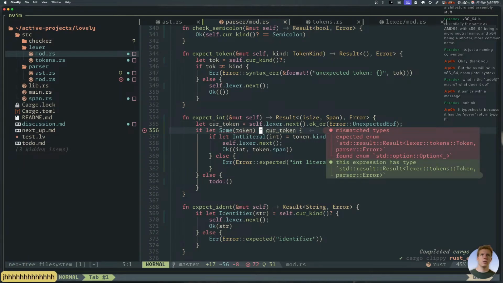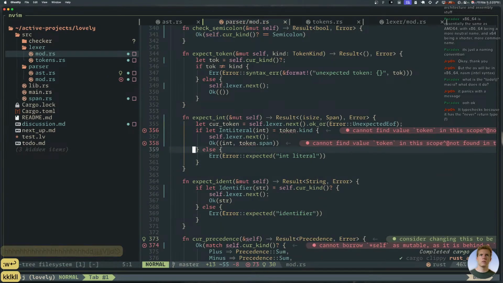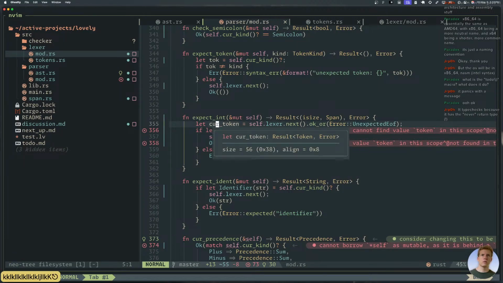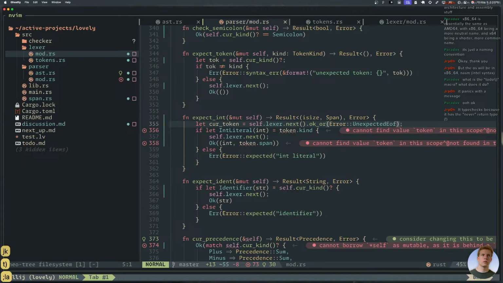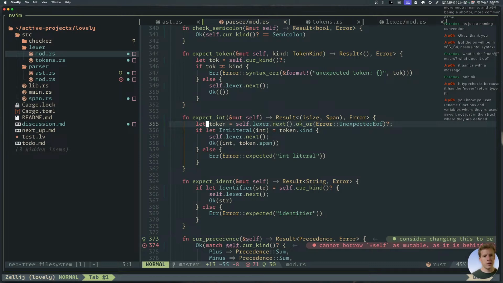And then here we can just get rid of this. Ta-da! Okay, that's nicer. It type checks because it has a never return type.